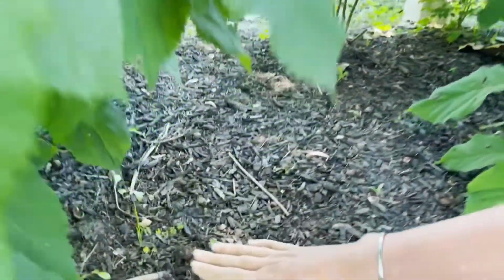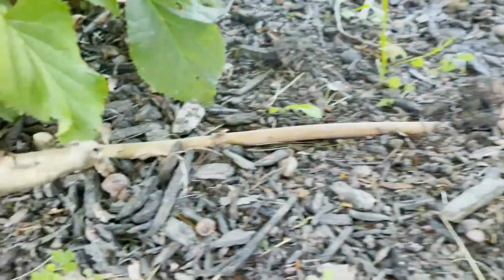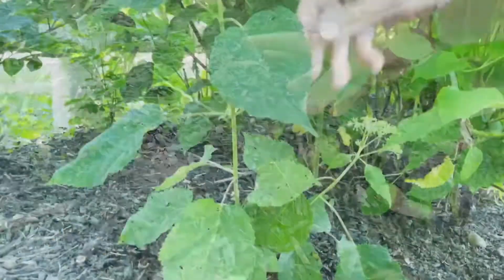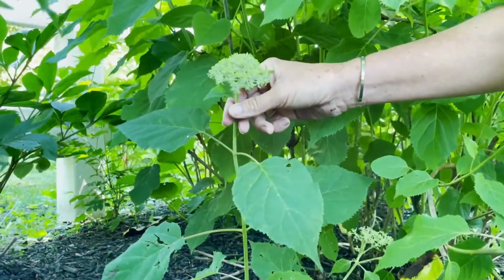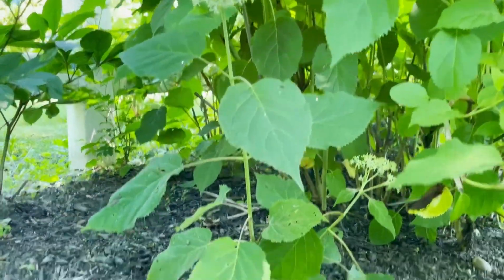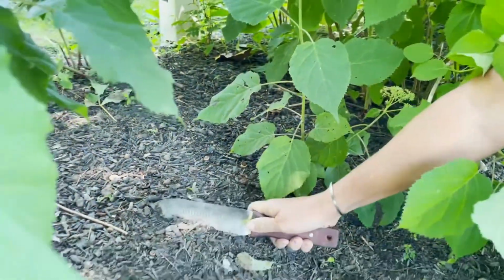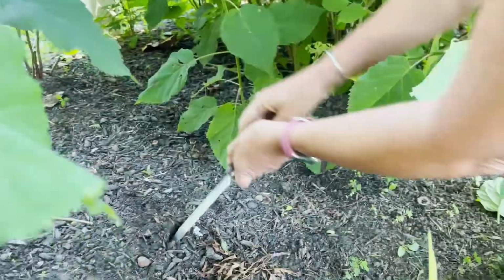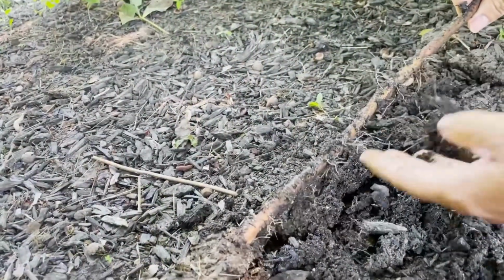So I took one of those stems that was leaning down towards the ground, buried it, so it's under here. I had a huge rock on top, and this is a brand new flower that it formed as it started to grow. And let's take a look at what some of these roots look like after 5 or 6 weeks. So let me get underneath here. I don't want to damage it. So you can see all of these brand new roots,